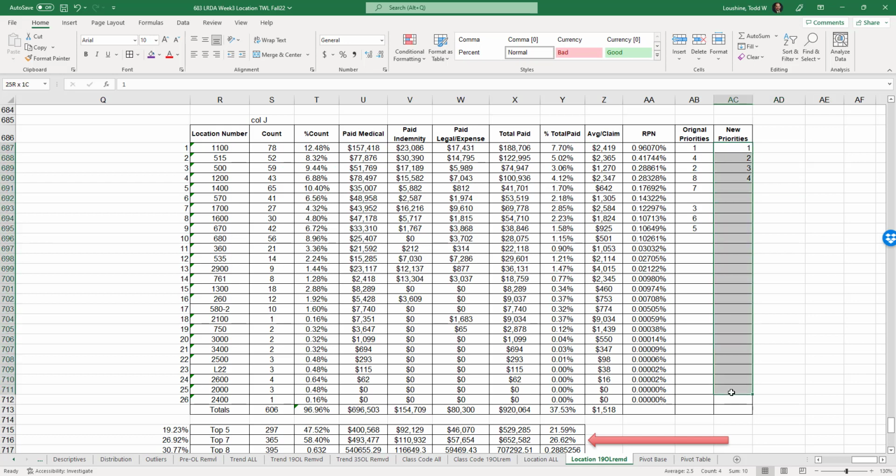I mean, that's the power of outliers. And that's why we identified them, ladies and gentlemen. So it didn't do anything. Nothing changed for prioritizing for policy. I'm sorry, just class code. I keep saying policy class codes. That's what I was trying to say. But when we get to location number, 1 still stayed the same. But then the old 4 became 2. The old 2 became 3. The old 8 became 4. That's the power of outliers. That's what it does.